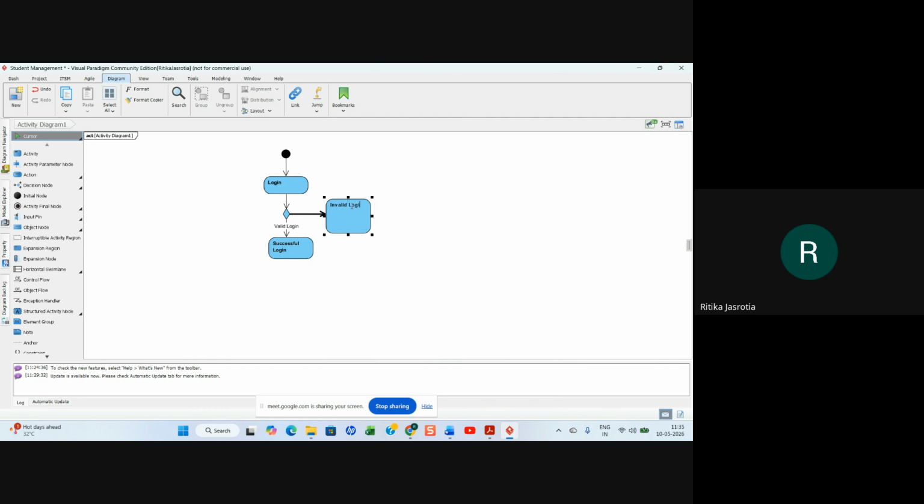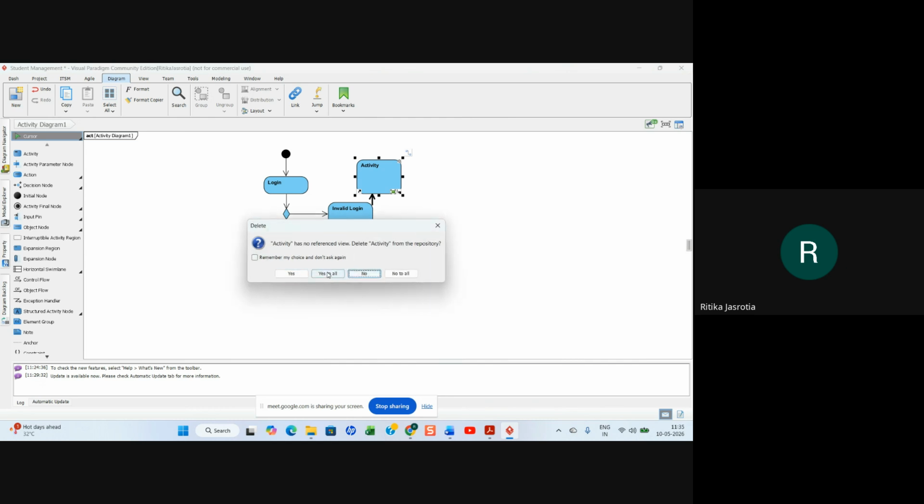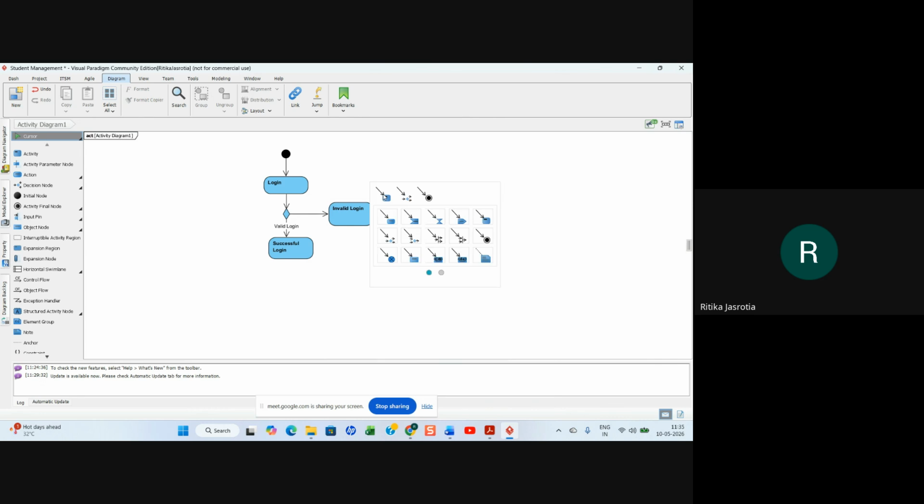Anything you have given wrongly, your username or password, whatever. So it will say invalid login, and we'll go back to the activity, and the activity is login. So we'll go back to the login page if it is an invalid login.